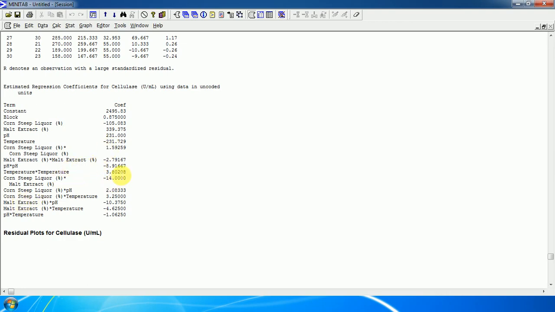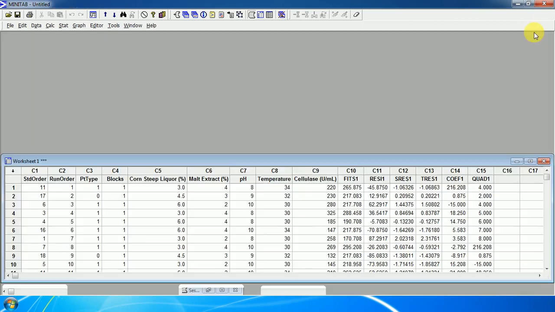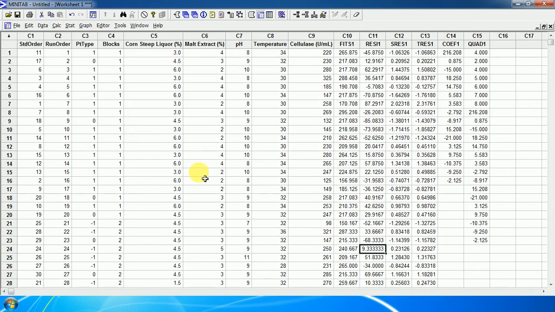So we can obtain these values and we can analyze our predicted values and actual values, so that our data can be validated. Now we can see that fits, SRE, TRE, coefficients and quadratic values are shown here.